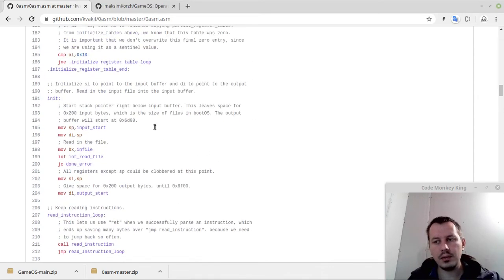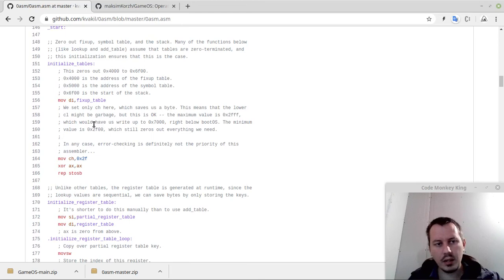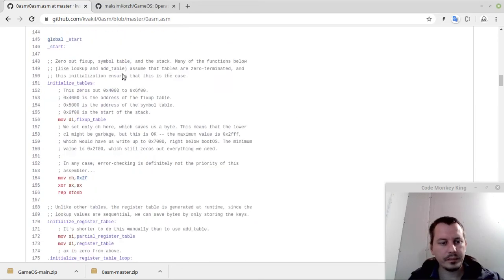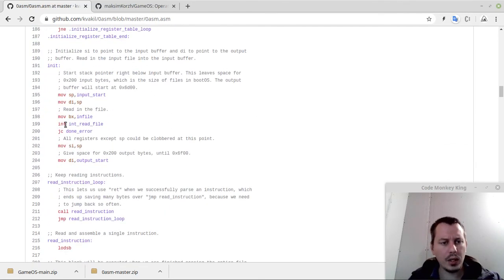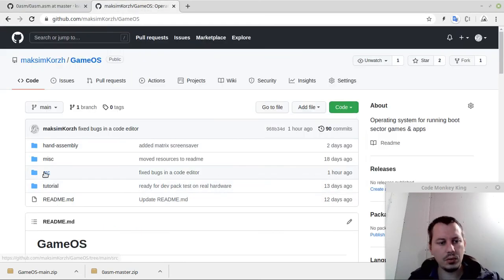And yeah, I also forgot to mention that in order to put the source code at the specific address it loads, it reads the file from the floppy image and puts it there. So these are two essential places that I've changed in GameOS, and now let's have a look at how this works in GameOS. So we just go to source,